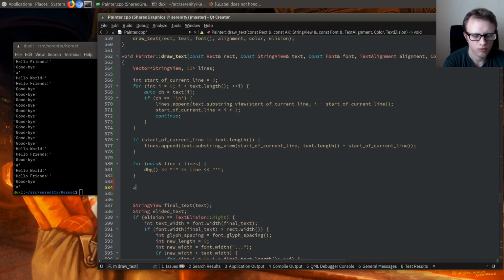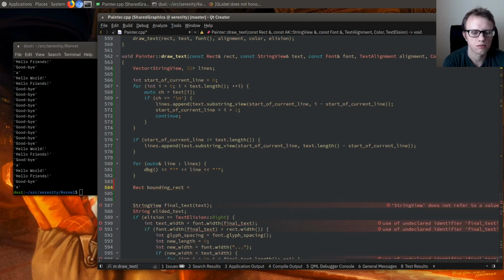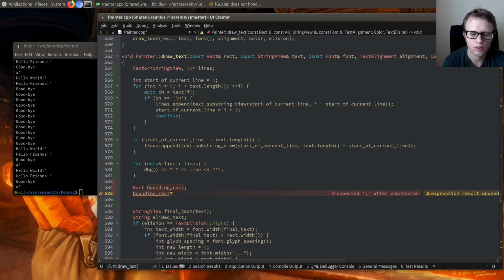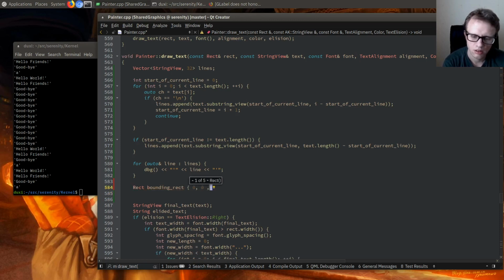So that would be bounding rect. I mean, we can just start it at 0, 0, and then, because the interesting thing that we want to figure out is how wide it is and how tall it is. So let's see, we can figure out how tall it is by just doing lines dot size